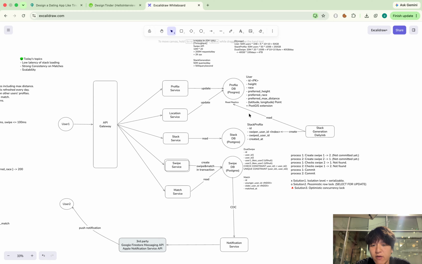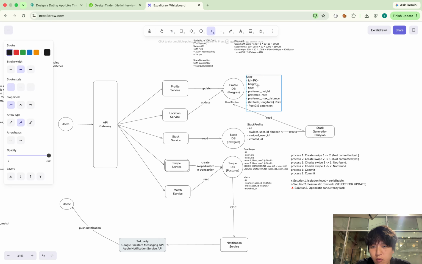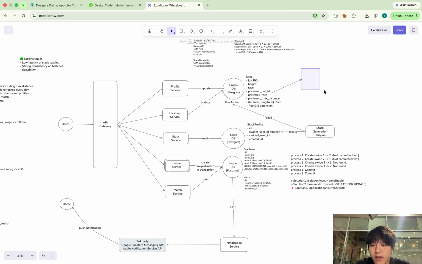So I think this is the easiest approach. Or what I can do is, if I'd like to handle this real quick, I can use a change data capture. So when user updates the profile, or maybe location is completely updated,